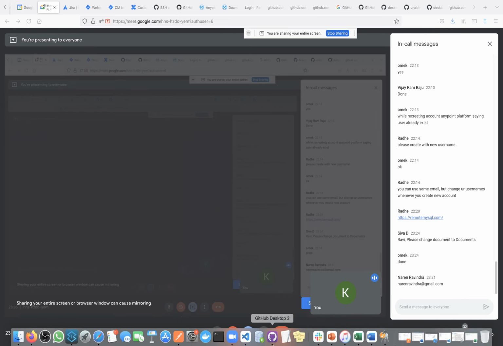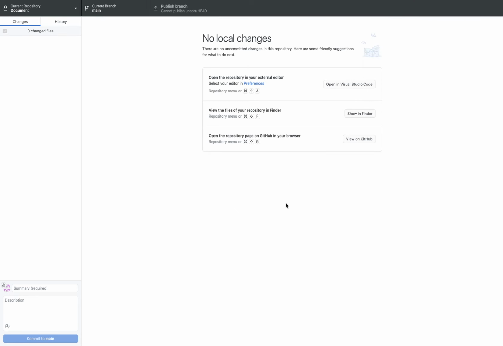Okay, let me share my screen. Is it visible? Okay, now we will see both ways. Once we create any folder on the server, like the Git server, how we can clone it to our local, and second, if we make any modification or create anything in our local, how we will sync it to the server. So let's start from server to local first.